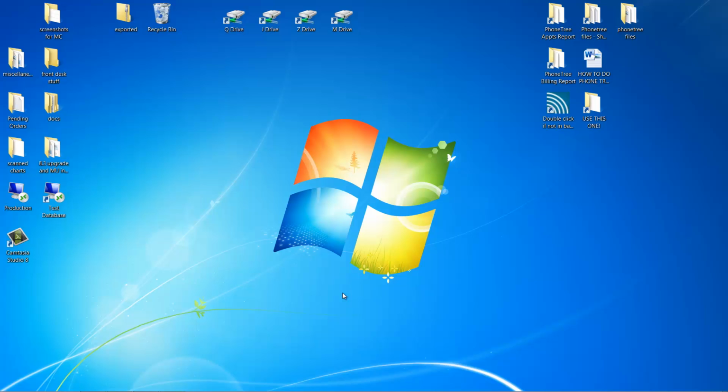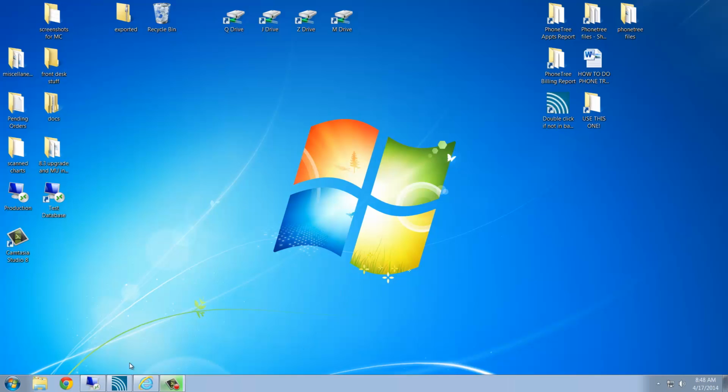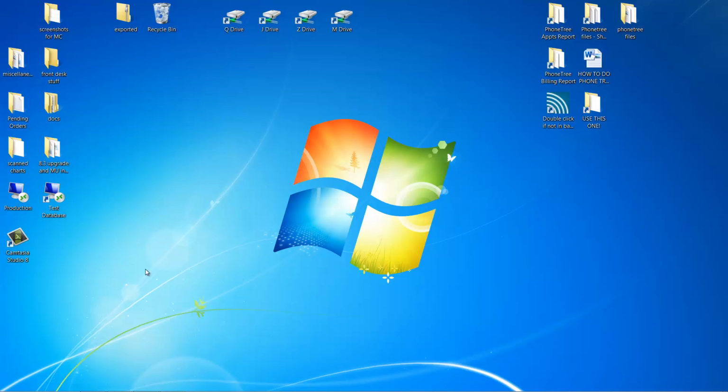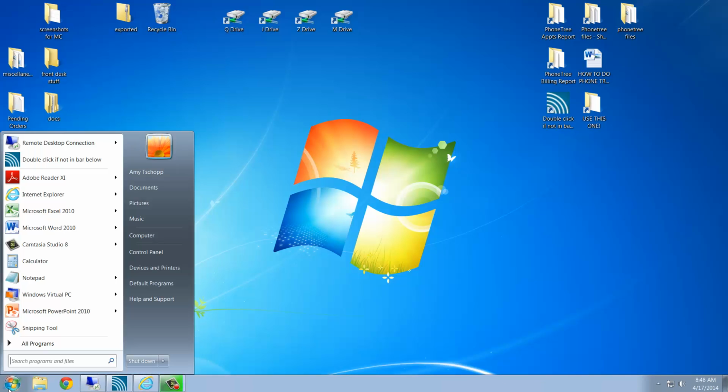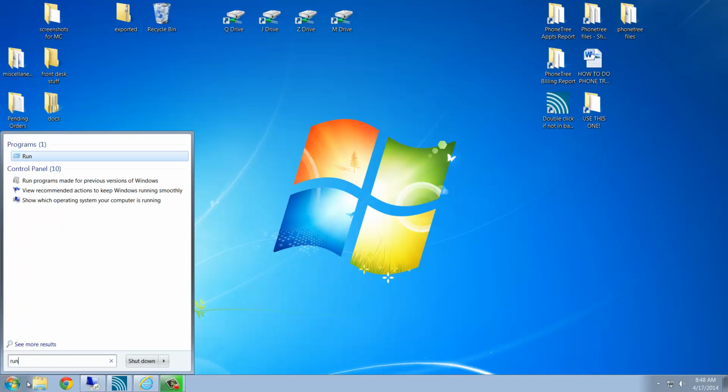So I'm doing this video to show you how to do the phone tree and just some small things to understand with that. The first thing, you need to make sure that your remote desktop has access to the local drives. To do that, I'm going to show you when you do run